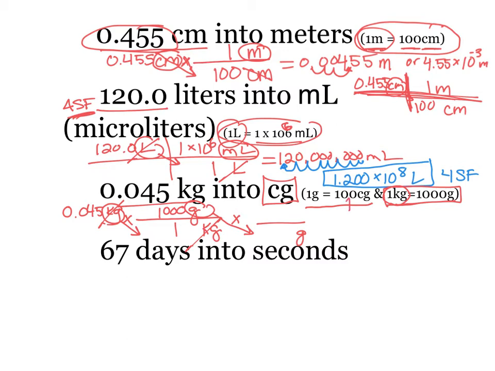So got that. So now I got to do my other conversion factor, 100 centigrams. So now this grams cancel out with this gram. I'm only left with the unit that they're asking me to solve for. And I plug this into my calculator, so it's 0.045 kilograms times 1,000 times 100, and oops, I forgot to add in down here, this was 1, doesn't really matter, and all of that divided by 1. So everything in the numerator divided by whatever the denominator comes out to be. So we plug this into our calculator, and it comes out to be